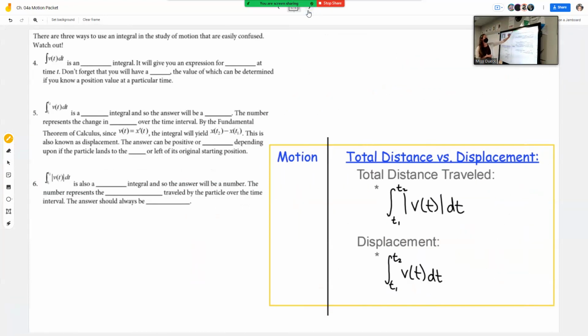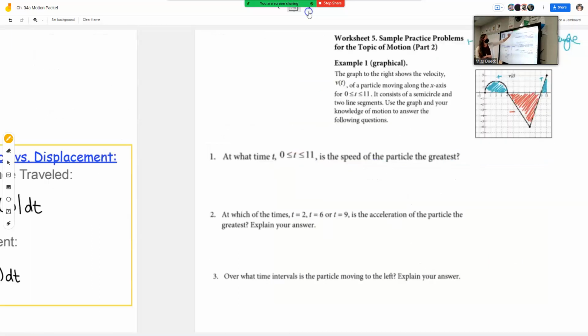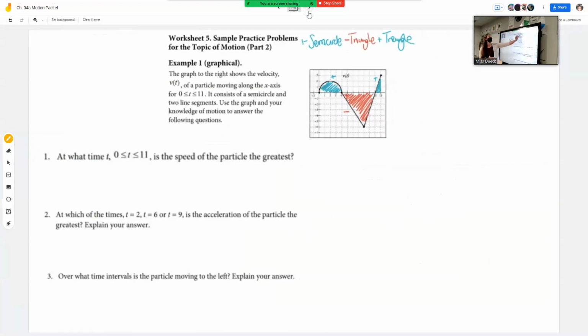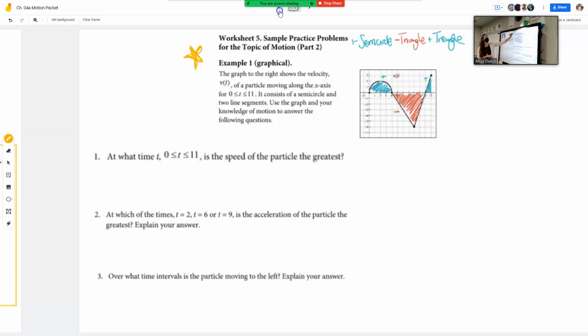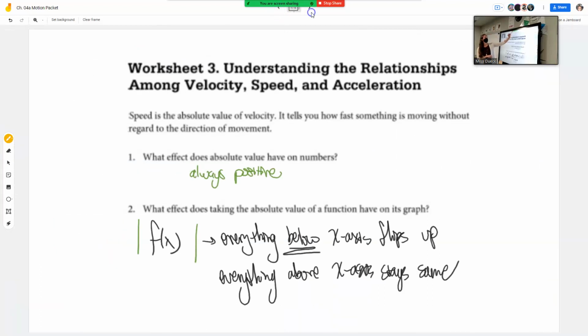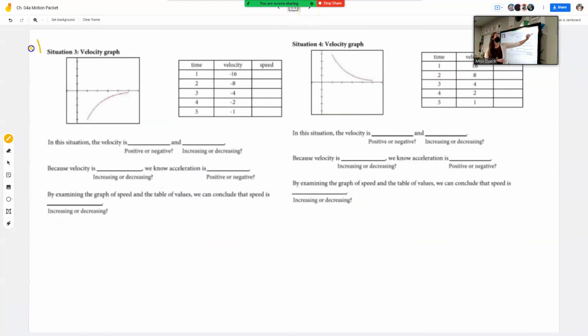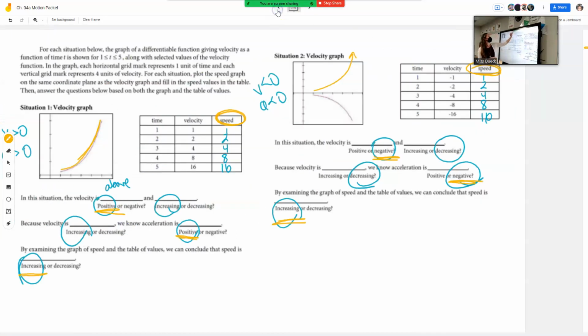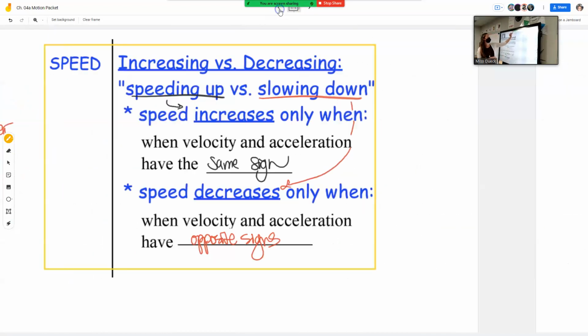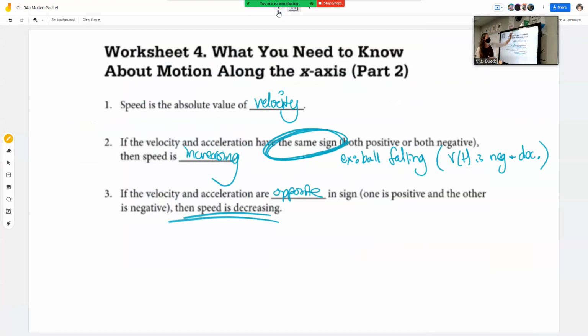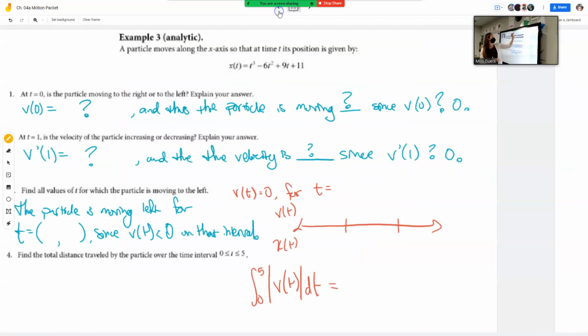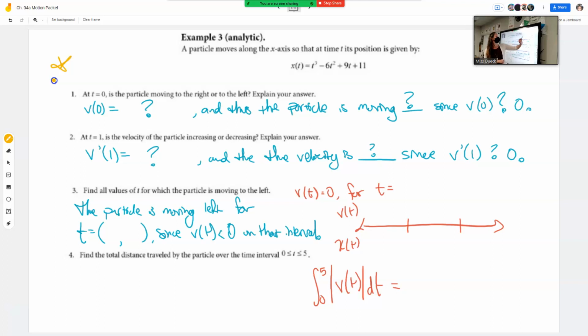So what you guys are trying to do is worksheet number, we already did that one. You guys have worksheet number 5 to play with, which looks an awful lot like one of your homework problems. You have worksheet number 5. You have finishing worksheet number 3. And trying to fill in example 3.